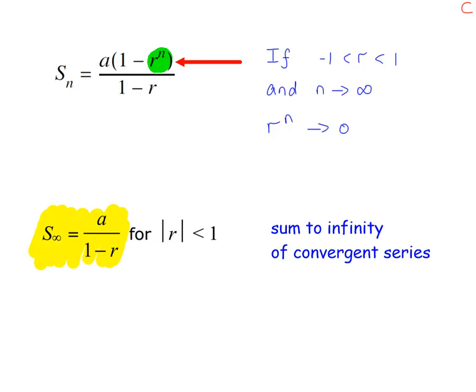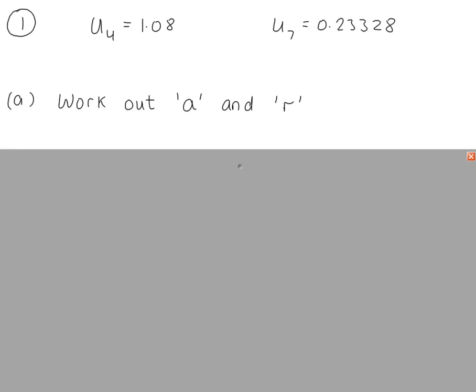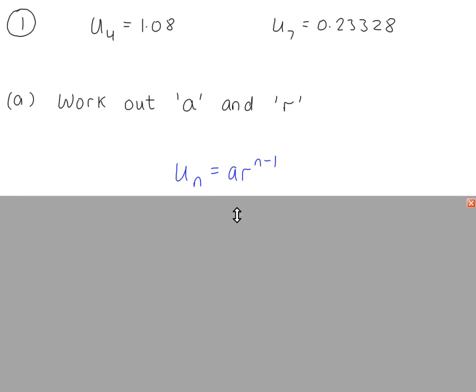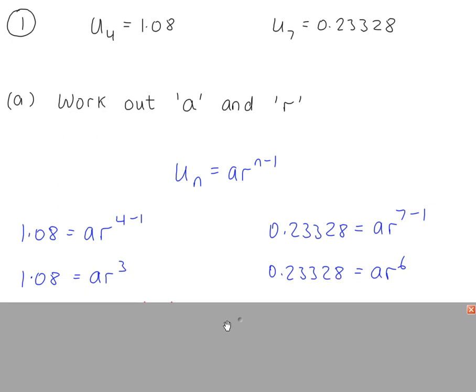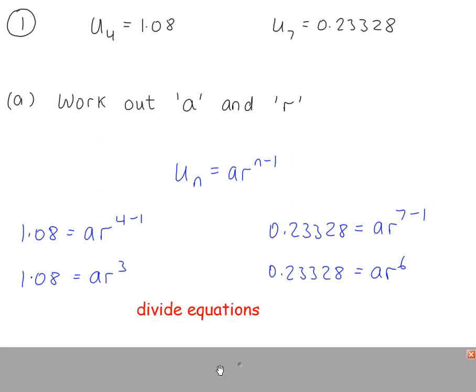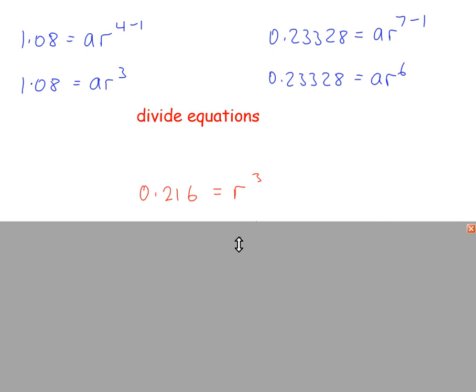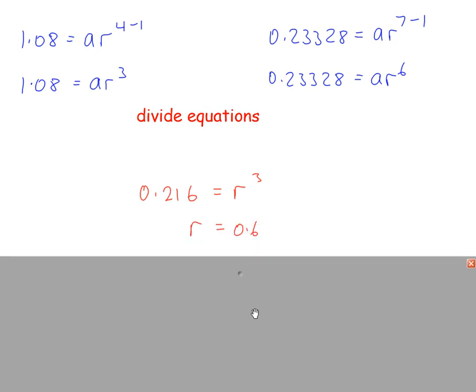Example 1. The 4th term and the 7th term of a geometric series are given. So using the nth term formula, we can write these. n is 4, n is 7, n is 4, and n is 7. Simultaneous equations. Divide the equations, cube root, and we see that r is between -1 and +1, so the series will be